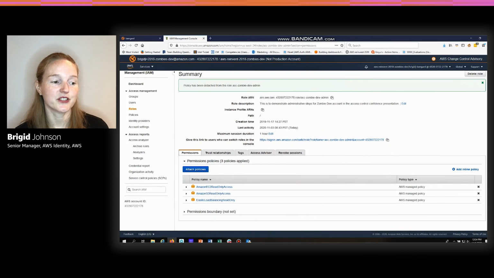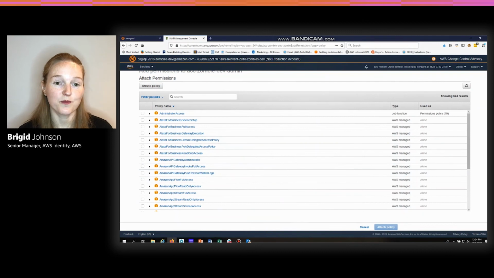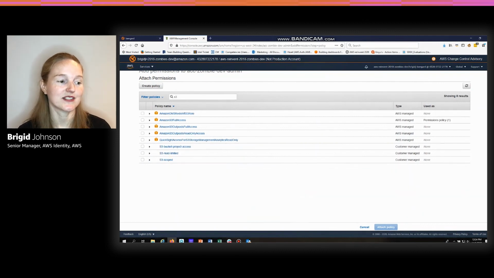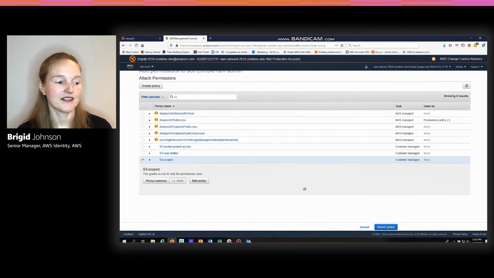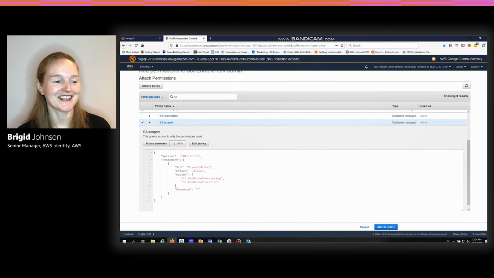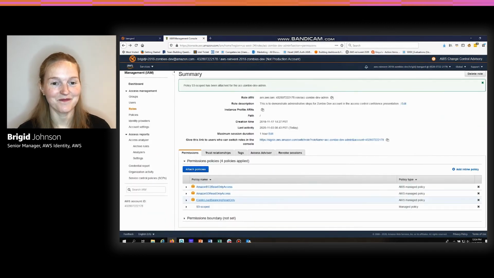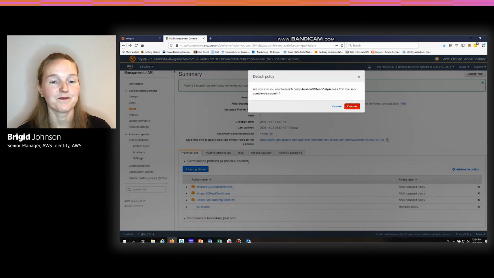And what I'm going to do is attach a policy that I've created called S3 Scoped, which only has those 2 actions in it, which you will see here. And you can see, looking at the JSON, because I know everybody loves it, that there's 2 actions. I attach it, and now I'm going to detach the read-only policy to get rid of all those other actions.